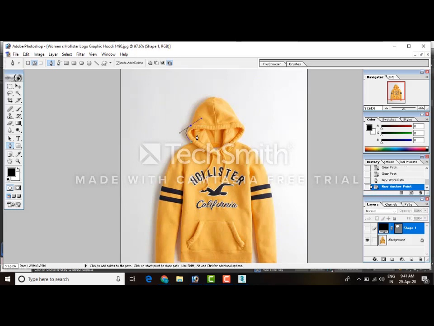Press Alt, remove the point and then again click and drag. Like this, you have to select this whole shape. Now in your case, if you are using this tool for the first time, I will recommend you take a simple shape like any cartoon shape like Doraemon or something and try to trace it with the help of Paint tool.